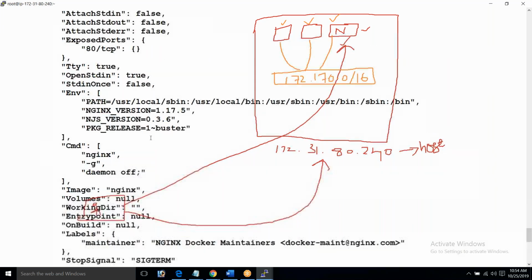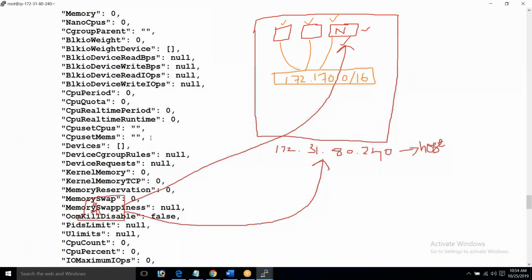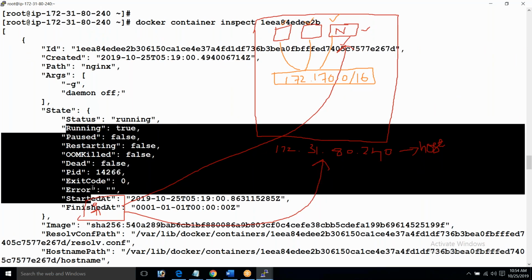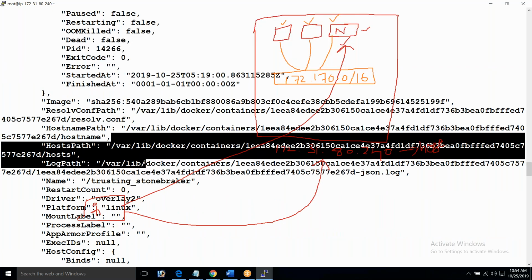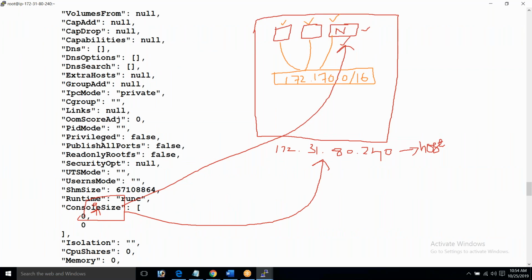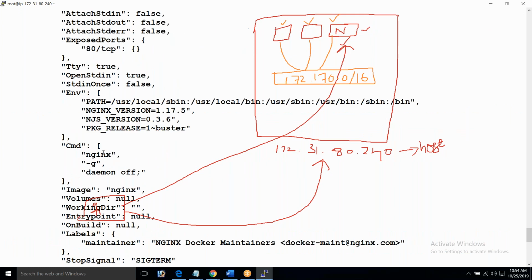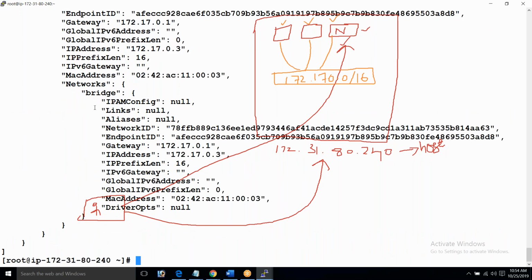This is the entire information of your Docker. It gives you complete information like what are the services running, what is the volume, what are the drivers, right? Everything will be given to you. Memory, CPU, mount volume. Networking, we are using a bridge network, and this is the IP address. What is the gateway? I told you, right? 172.17.0.1 is the gateway. Now this one is the IP address.